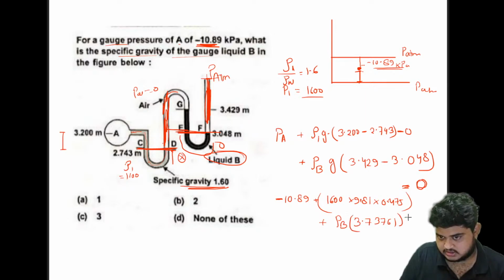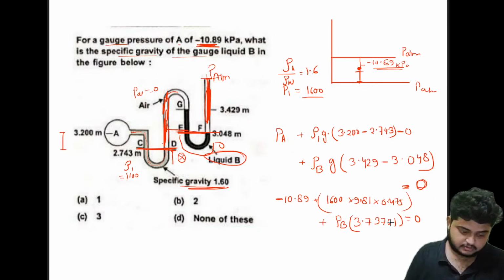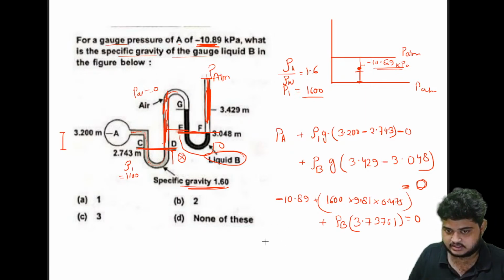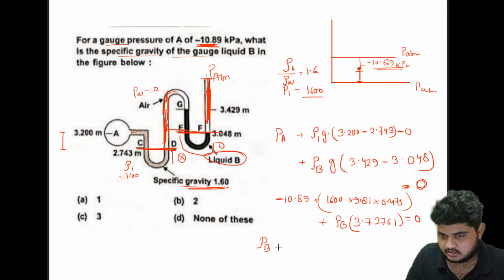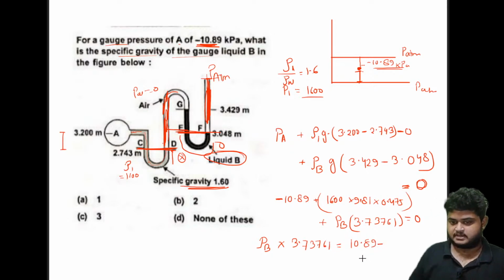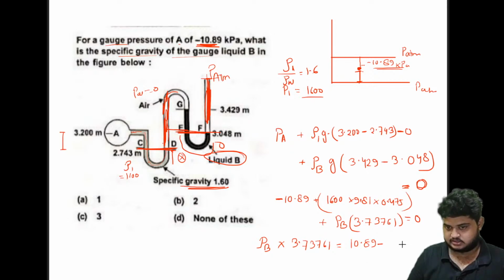तो जी के साथ अगर मल्टीप्लाई भी करते 9.81 से तो आता है 3.73761 इज इक्वल्स टू 0 है, ठीक है। तो ये क्या कर देंगे हम, लुक एट केयरफुली कि ये रो बी इंटू 3.73761 इज इक्वल्स टू, ये जाएगा 10.89, ये माइनस होगा, ये माइनस किसके साथ होगा, इस रो के साथ होगा, राइट। तो 1600 इंटू 9.81 into 0.475 and it will be 7455.6,